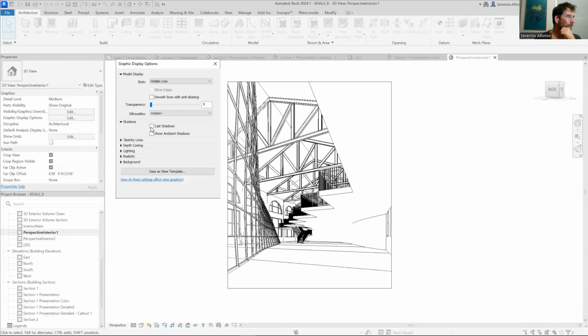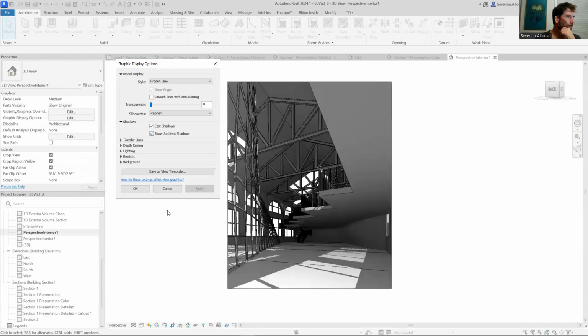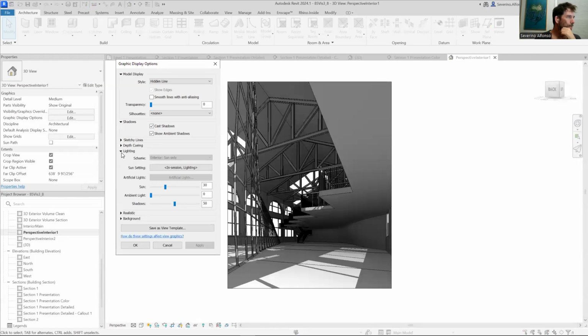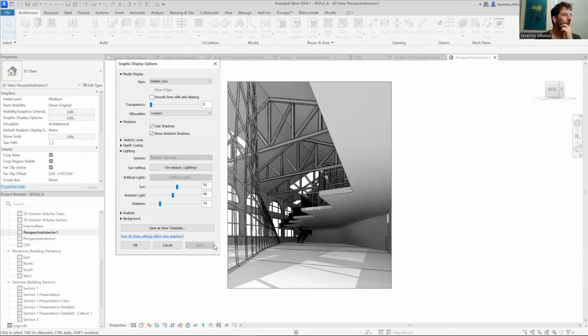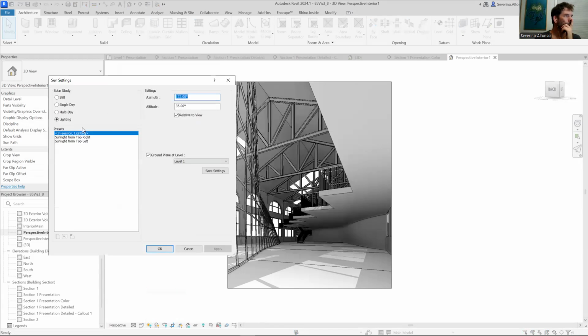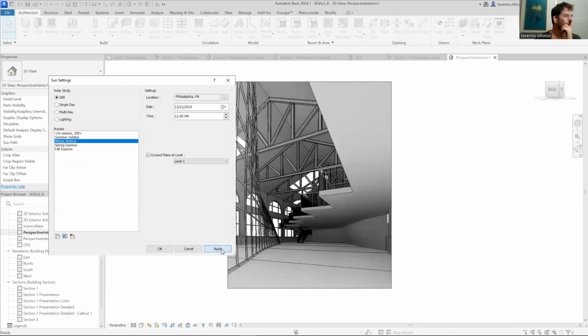That would be, again, shadows. You like those. Change the particular aspects of the lighting, like the sun. You can maybe introduce more light if you want to, or reduce the shadow intensity. And then you can also obviously set the sun to a different moment if you like to test the different options. So you can say apply here, start changing the different settings to see if there's one that you prefer,